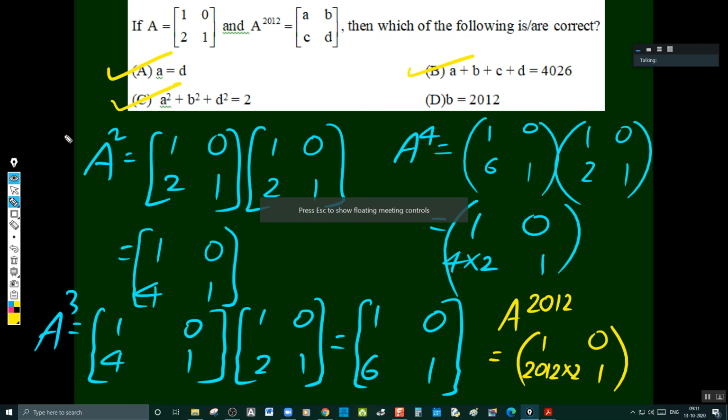Let us go to the next one. So next time onwards, I'll keep this question a little downwards so that it will not disturb you. That panel is disturbing now. I'll paste the question a little downwards.